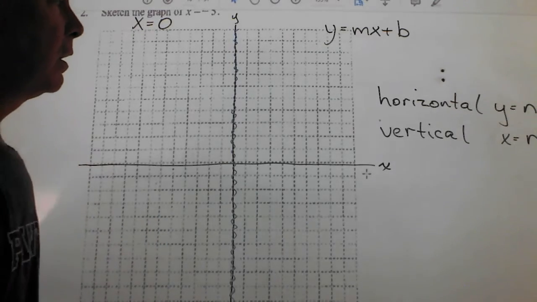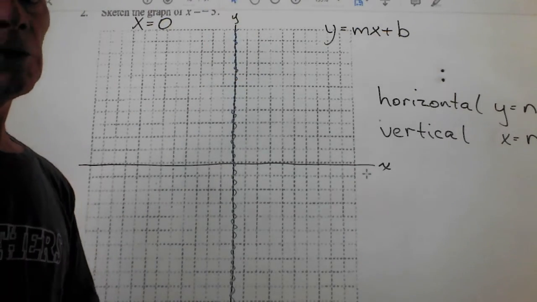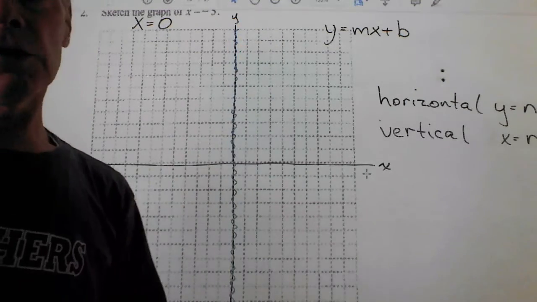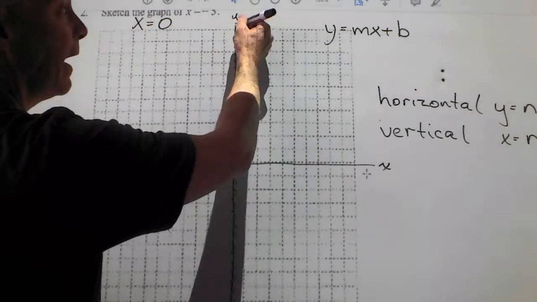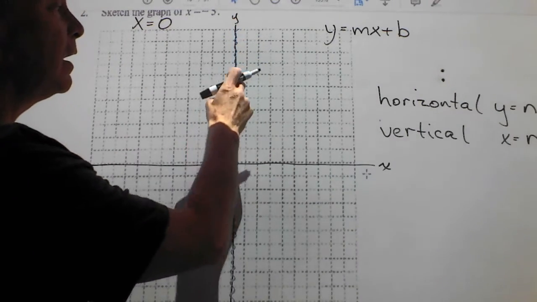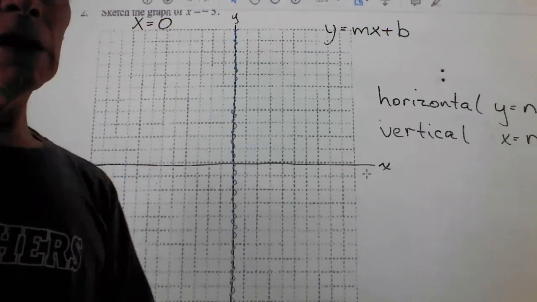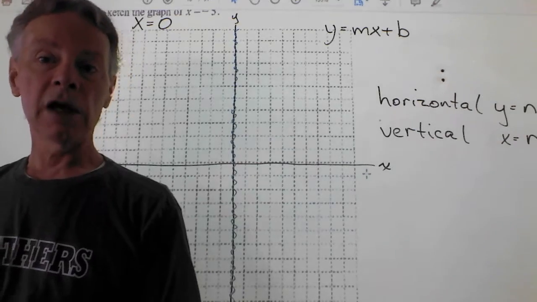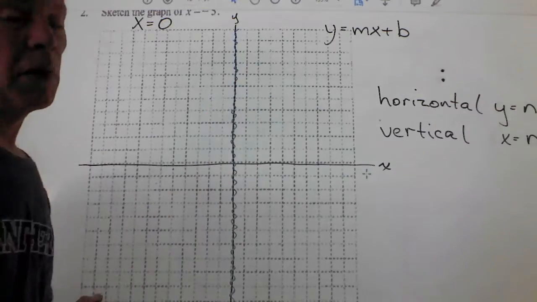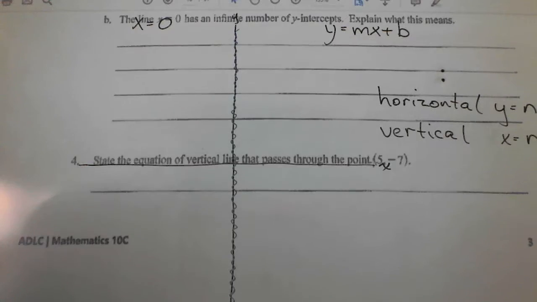So, what's the y-intercept of this blue line? Well, if you think about it, it's all over the y-axis. It crosses the y-axis at every point on that axis, and that's why we can say for this line, x equals 0, there are an infinite number of y-intercepts, because every single point on the y-axis will be crossed by this line. Okay, so